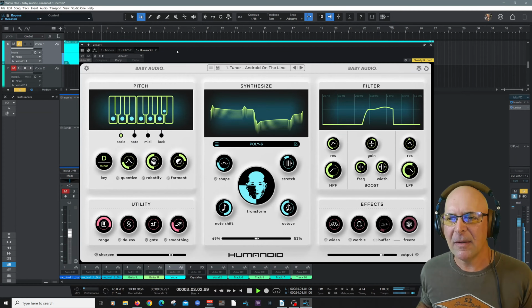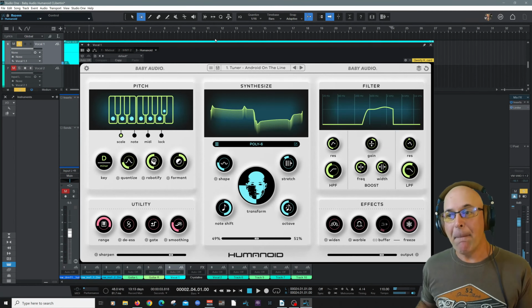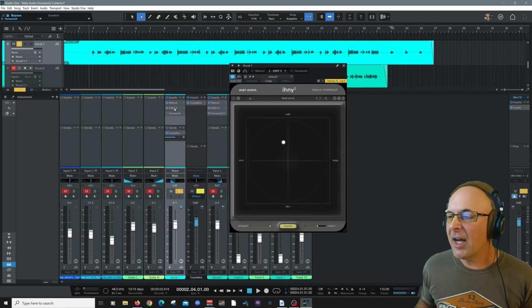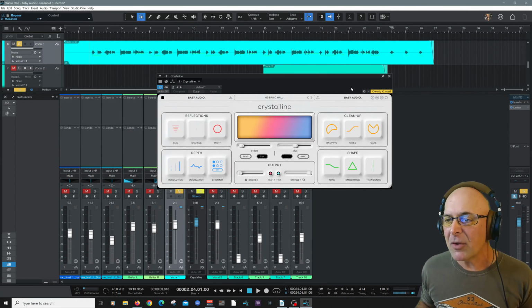That is my voice going directly into the computer, into another one of my favorite plugins, iHeart NY2 by Baby Audio, and into Crystalline for some reverb, also by Baby Audio. An amazing, amazing reverb. Okay, let's bring this back in. And by running it through one of the presets called Android on the Line, we have